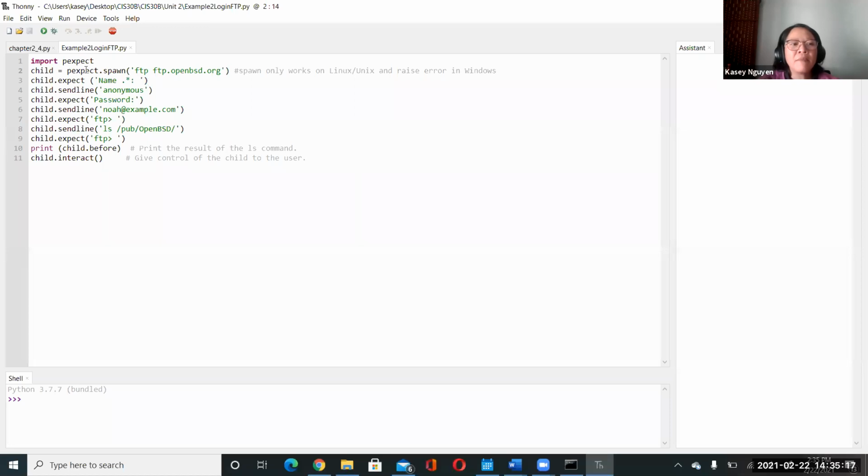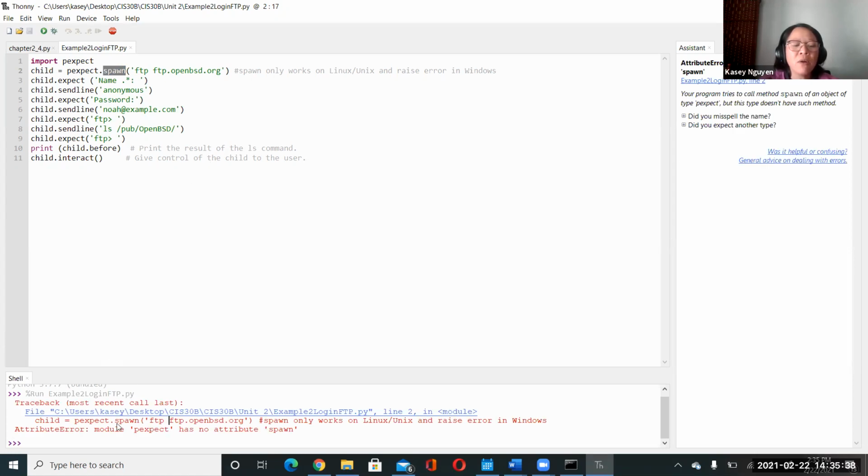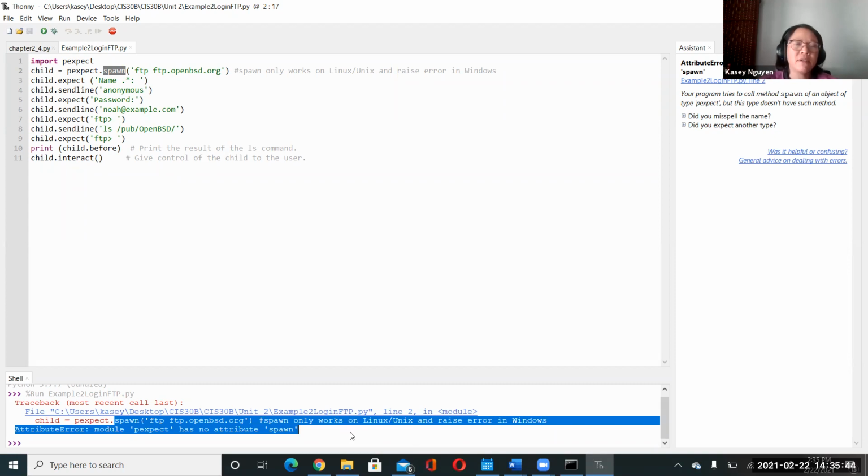So in this program, they're defining the object here. Once we have created this object, we're going to say that it's going to spawn. Now, when you run this on Windows, I'm using Windows 10 just to let you know, I'm going to show you. It's going to throw an error because spawn is not supported in Windows. This is a Linux thing. So that's why I said to test this type of program, we would test it in a Linux release, in the Linux OS.